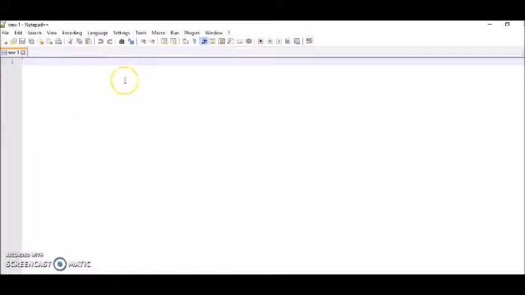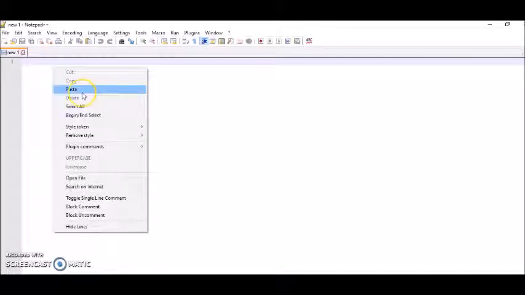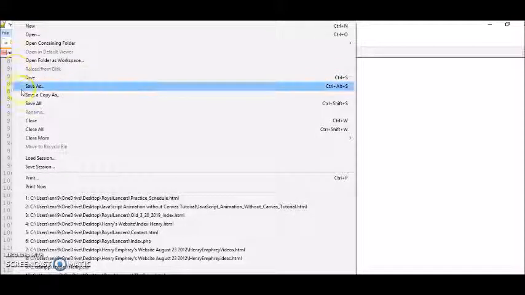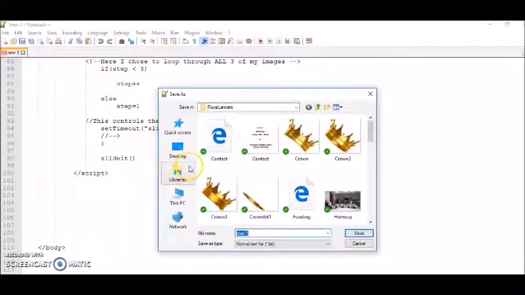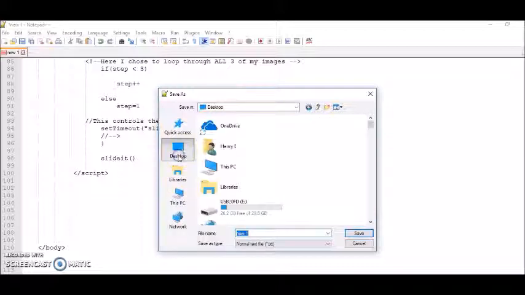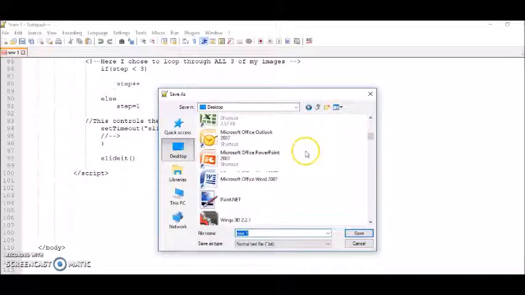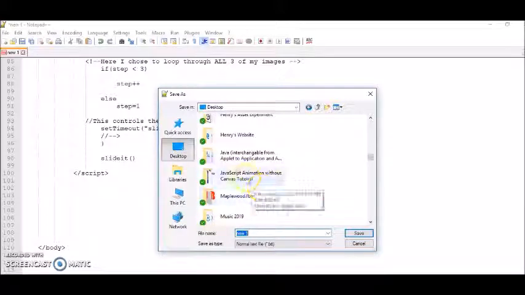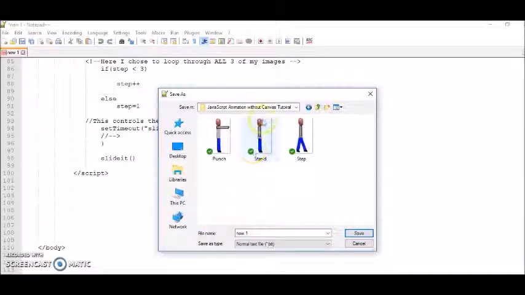So now in Notepad++, instead of typing the code out, I'm just going to paste this in. Then I'm going to go to File, Save As, go to the desktop where I put my folder, click on the folder that I just showed you from my desktop, and then I'm just going to call this JavaScript